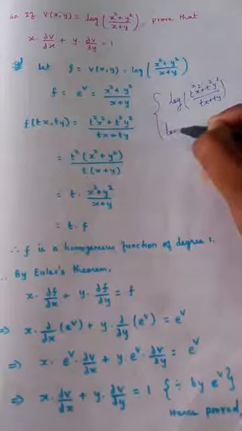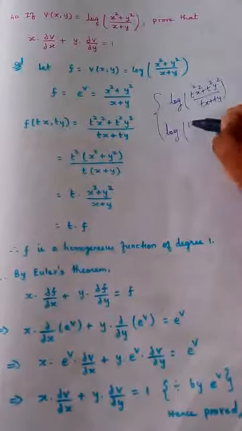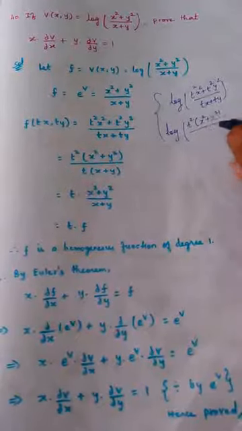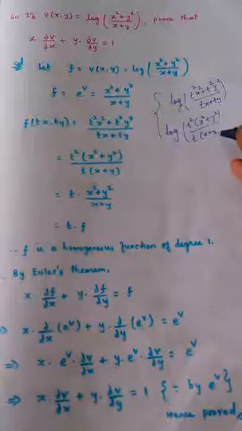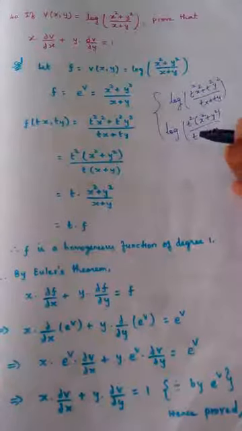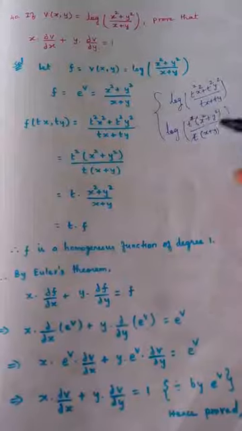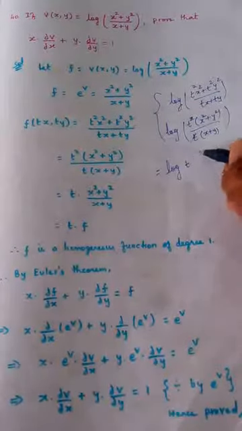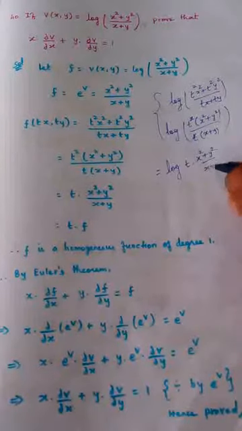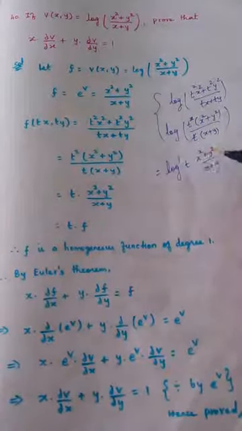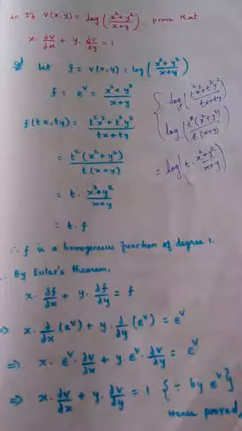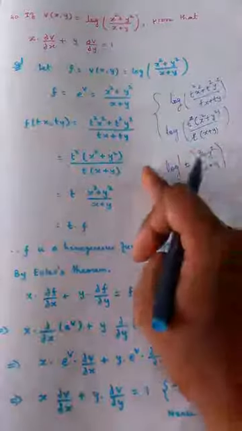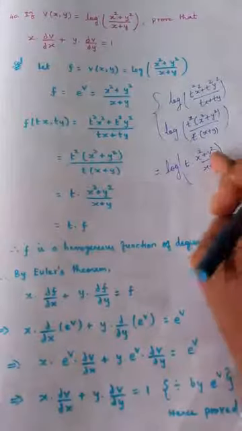So now if I take common terms outside, from the numerator I can take t square common, x square plus y square by t into (x plus y). By cancelling this, I will only get log of t into (x square plus y square by x plus y). But the bracket will be like this. This is not homogeneous because this t should come separately outside of this function. It should not be present inside the function.